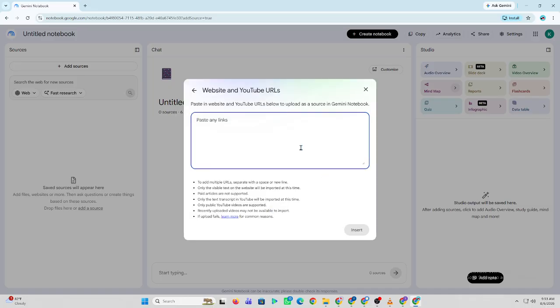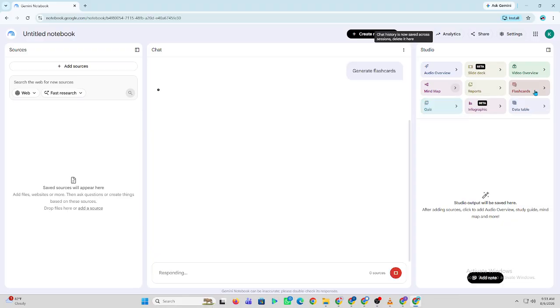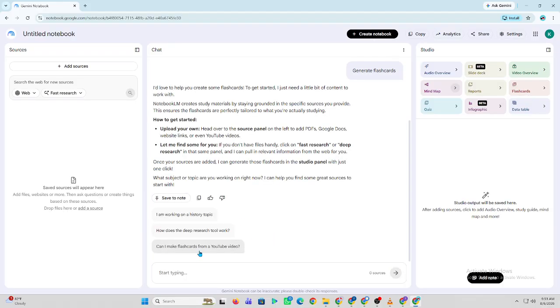Once everything is ready, open the chat panel and ask the AI to create a study guide based on your uploaded materials. After that, request specific sections such as key concepts, important definitions, formulas, timelines, or chapter summaries depending on